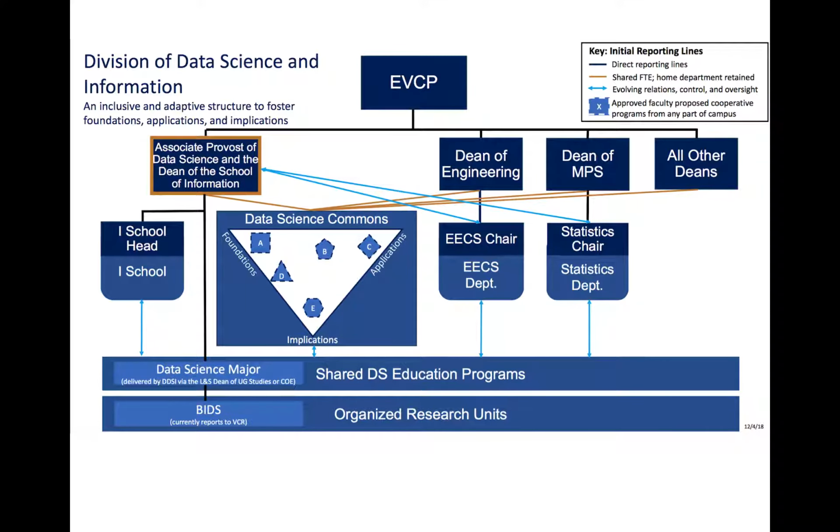Here's a really weird infographic that says what's going on with the division. I'm just putting this up because I think it's funny. There are these polymorphic shapes in there: application, implication, foundation, and where do you stand, and how many sides do you have. I don't know who was making that infographic. But anyways, we're down here.